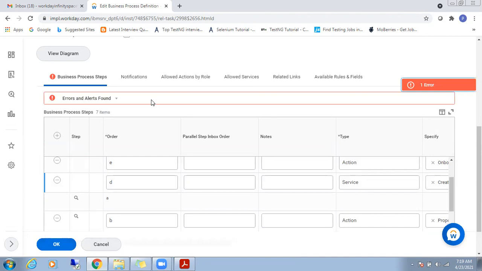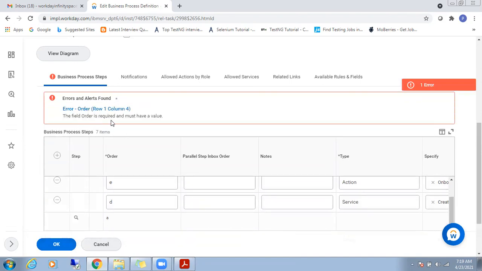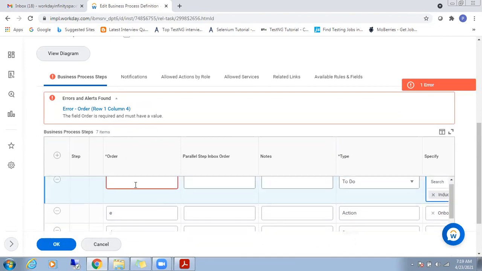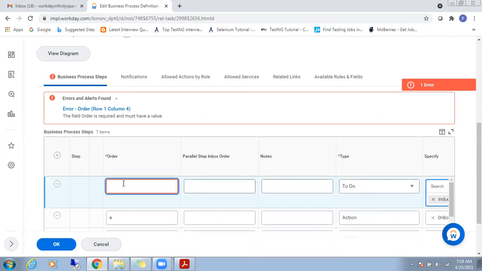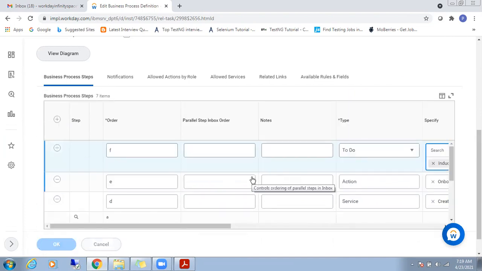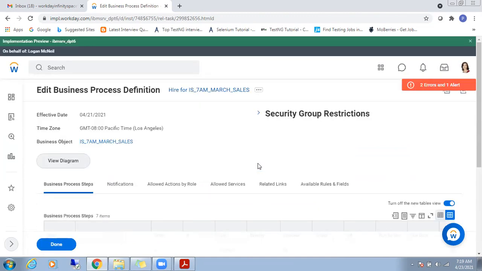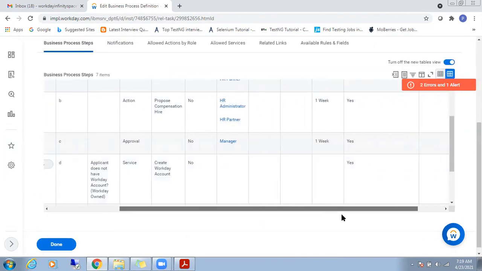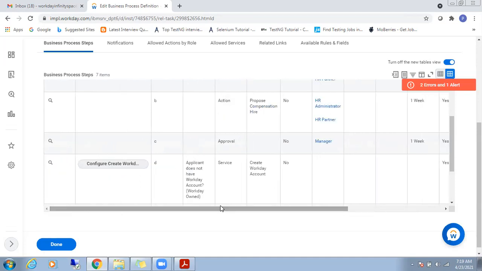See here, the field order is required and must have a value. Every action should have a start and complete. Otherwise it will not get completed, and then we can say that the process is not completed. So every process should start and should get ended.